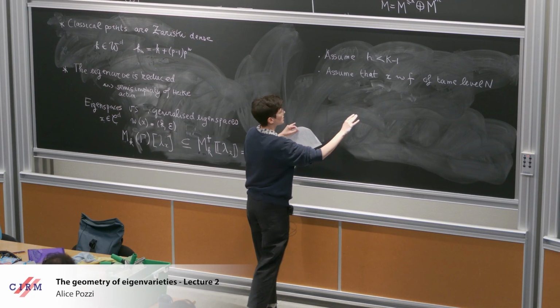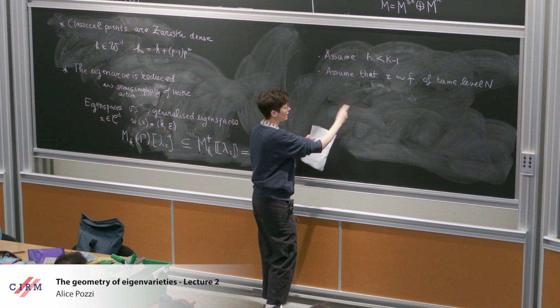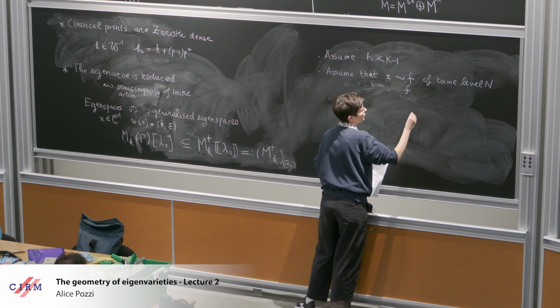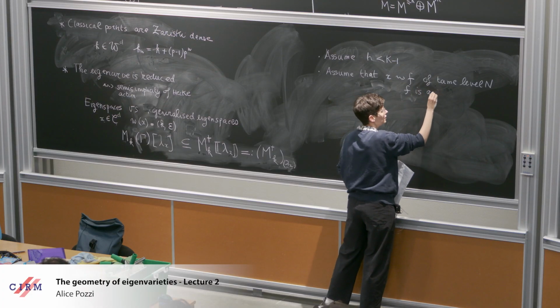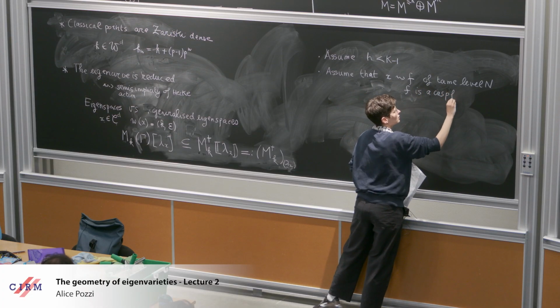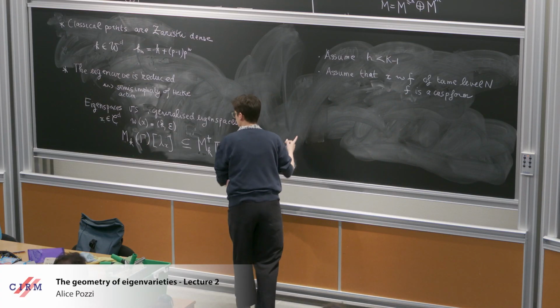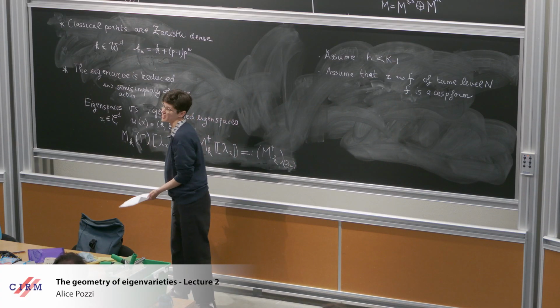This is just a simplification, but the idea works anyway, and assume that f is a cusp form, again for simplicity. Then I want to conclude that this space is actually one-dimensional